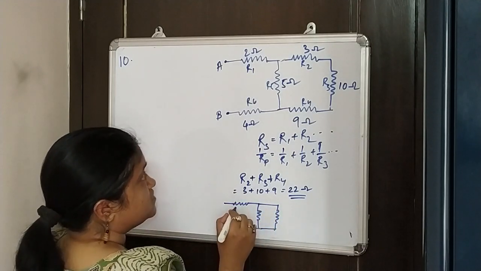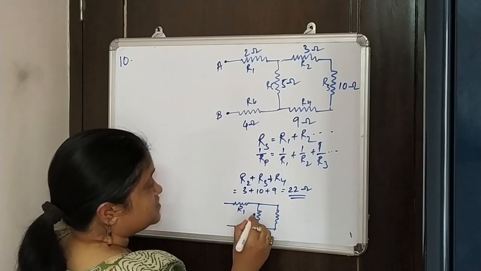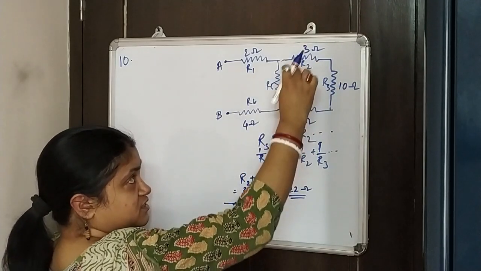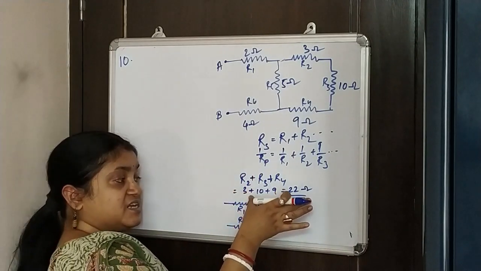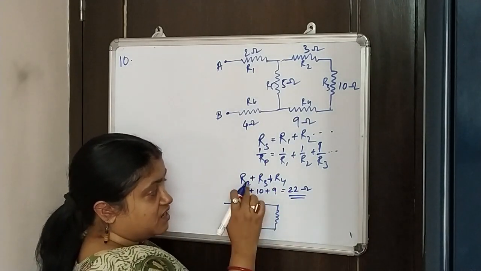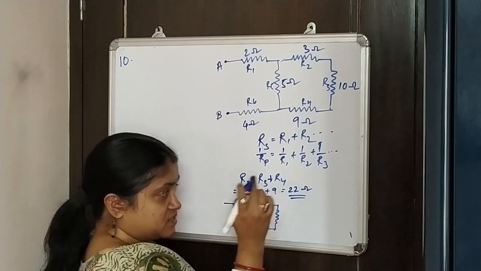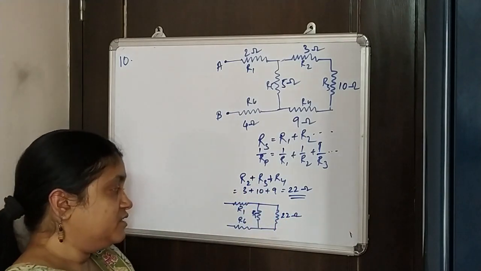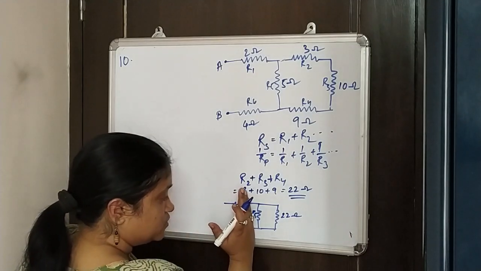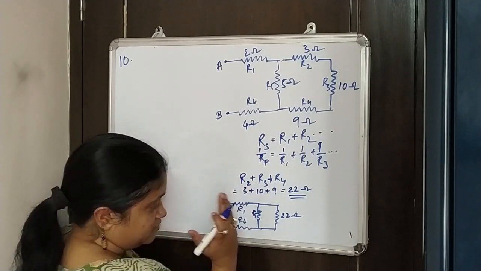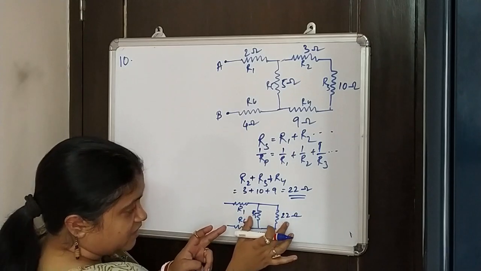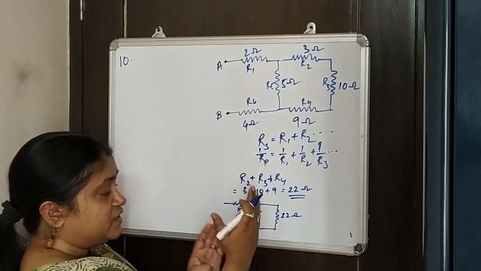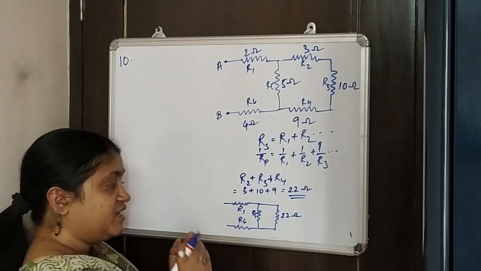right? So this is my R1, this is R5 and this is R6, and this whole circuit I am making it as an equivalent circuit, which is R3 plus R2 plus R4, and this is equal to 22 ohm. Now if you just cut it at this point, then you will see that R5 and this equivalent are in parallel combination. So we are taking one part and we are analyzing it.